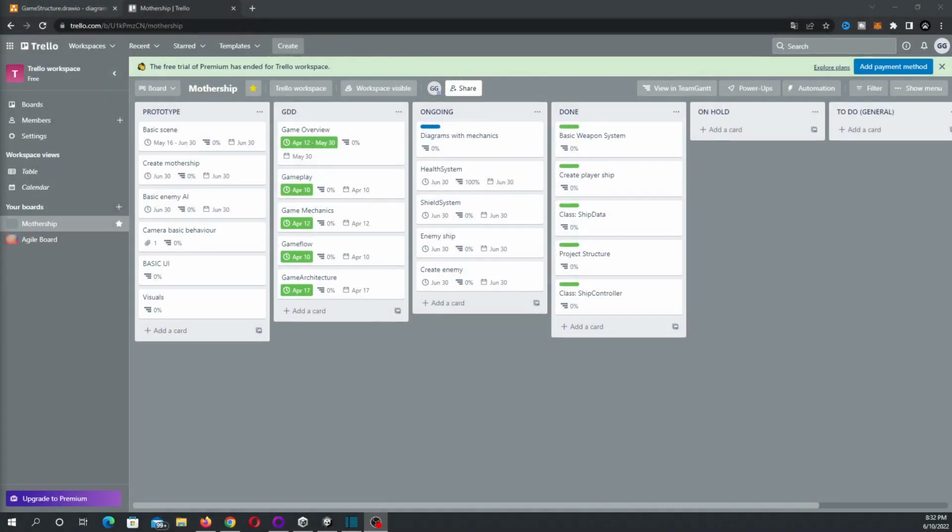Hello, in this video I'm going to show you the project structure for our game project and also what was done until now. As you can see here, I have divided the project for the phase of the prototype, game design document, which is currently done. I divided it for ongoing tasks, and for the tasks that were done, also I have a category for those tasks that are on hold